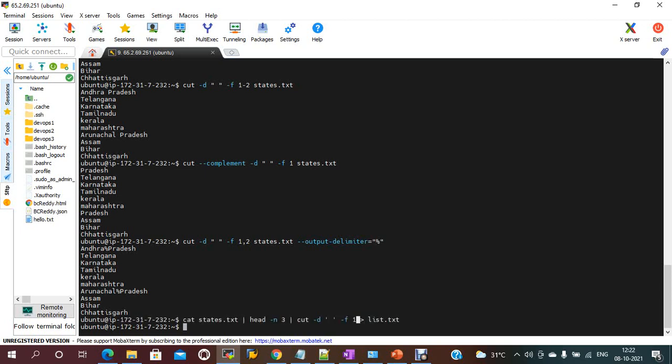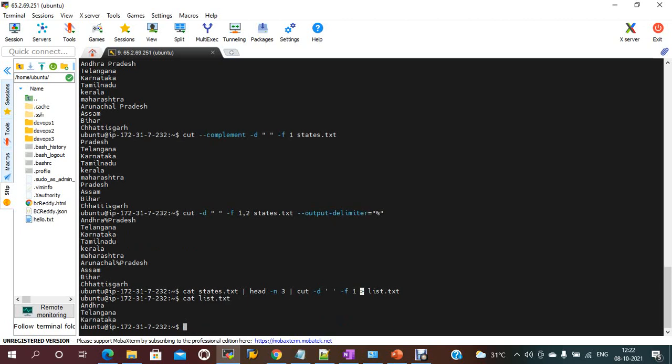This greater than symbol means redirecting the output to this file name. If you see cat list.txt, the output information is saved here.